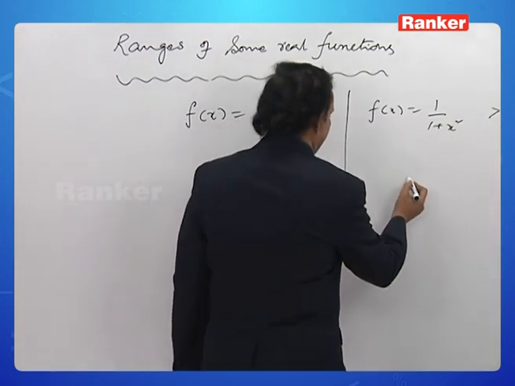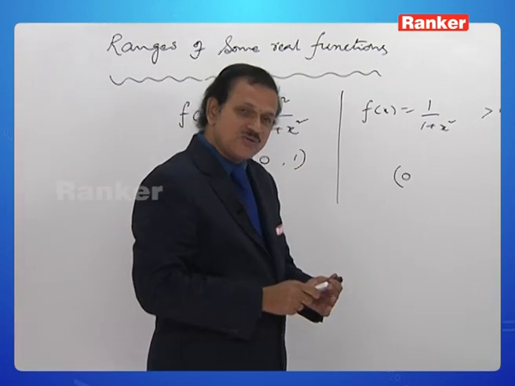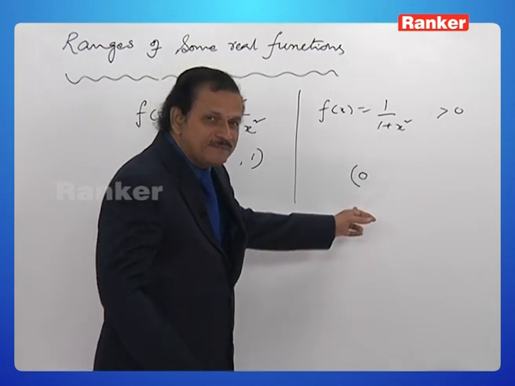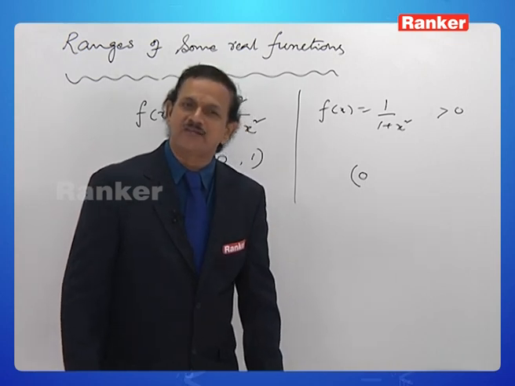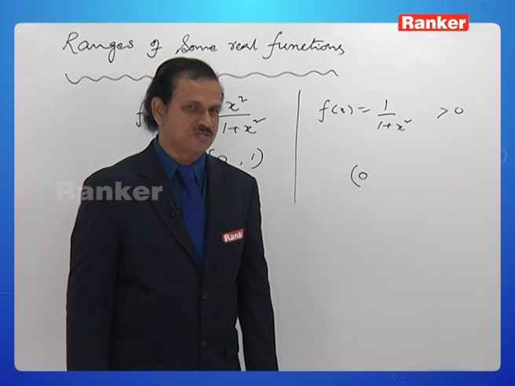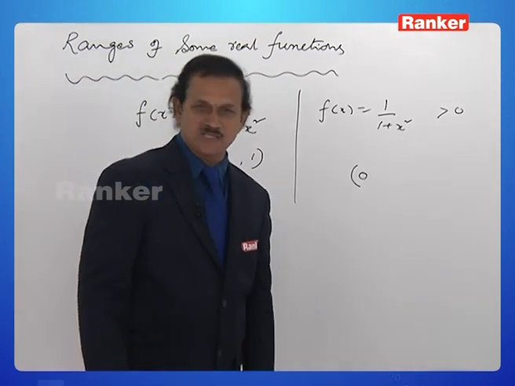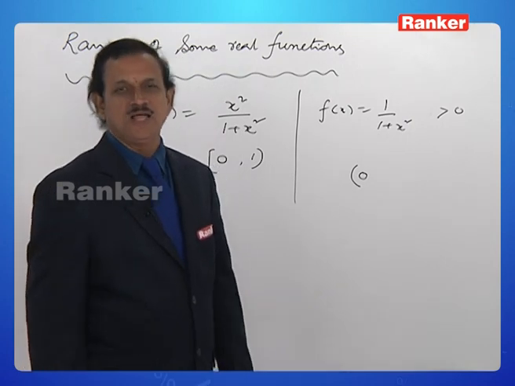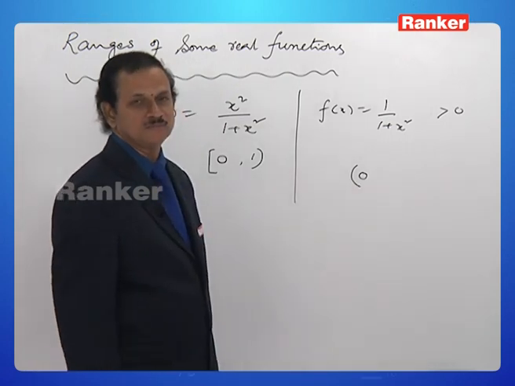So, the range starts from this, like this. Again, you guess. Should we put closed bracket or open bracket towards this? If you use a closed bracket towards that, think of, is there any possibility for that expression to become 0? If 1 by 1 plus x square is 0, is it possible? It is just not possible. Therefore, the range starts from this. And again,